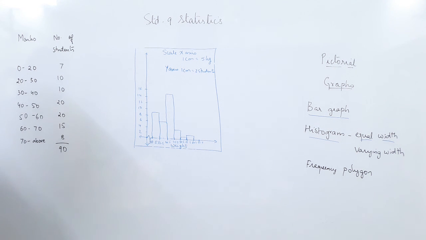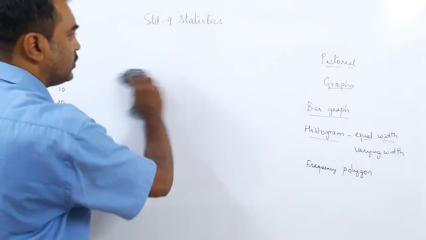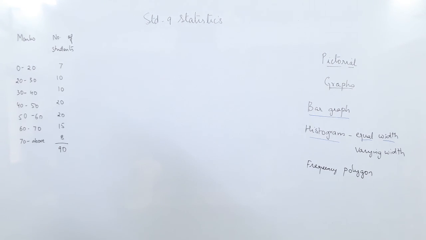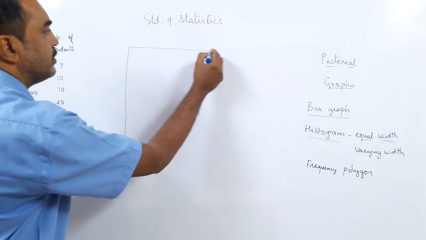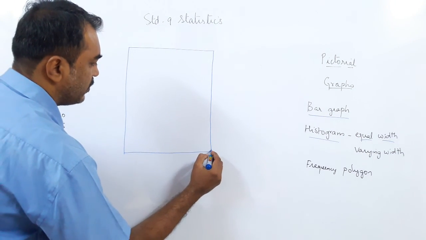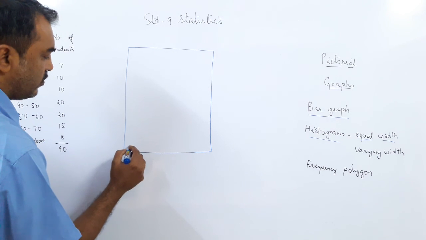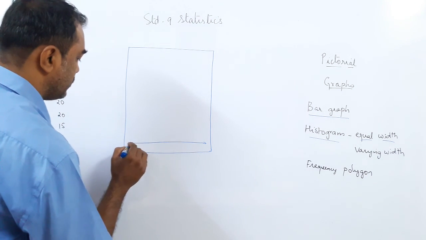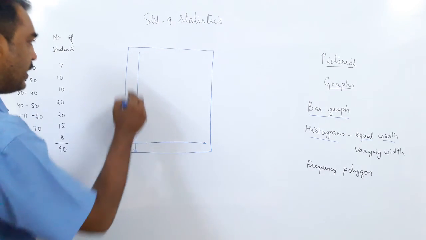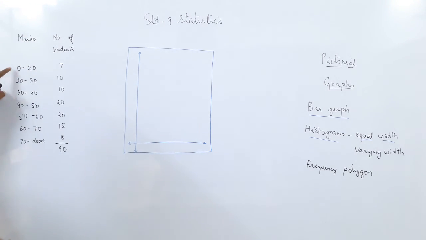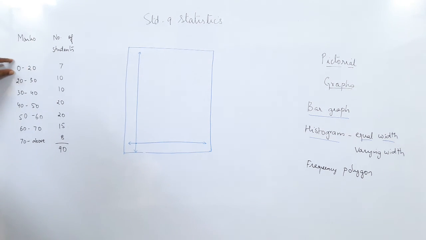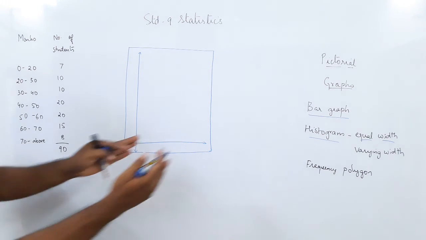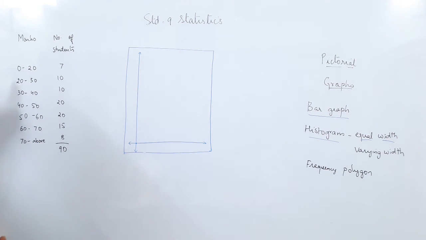So now let us make the histogram based on this data. We start the same way with the graph paper, leaving one line above, we draw the x-axis, leaving one line, we draw the y-axis. Now see the data, 0 to 20. So it is starting from 0. Because it starts from 0, you don't need the kink. The kink was for shifting when we started from somewhere in between. Here we are starting with 0.